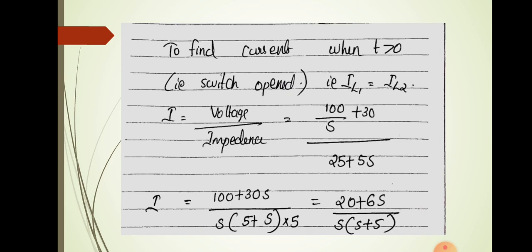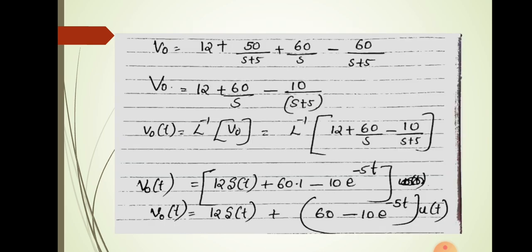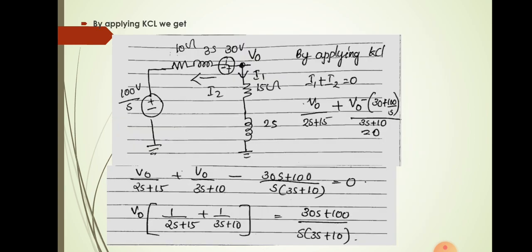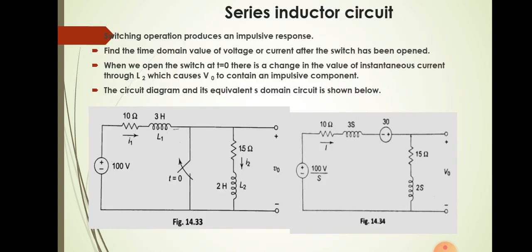That means, to find that, you have to analyze the circuit. See, this was the circuit before time t equal to 0 minus. There was no current through the coil L2. At t equal to 0 plus, current starts flowing through L2. Before t equal to 0 there is no current through L2. When the time t equal to 0 there will be some current through L2. That is a point you should remember.